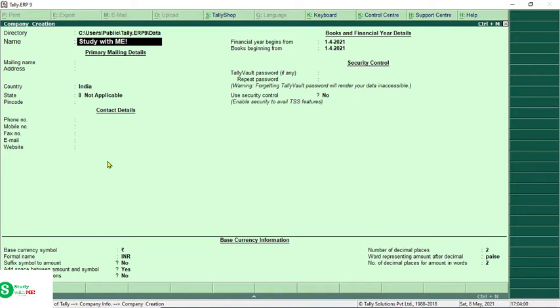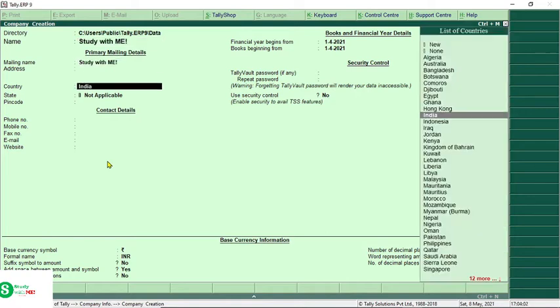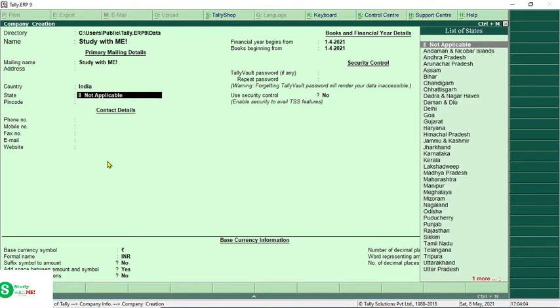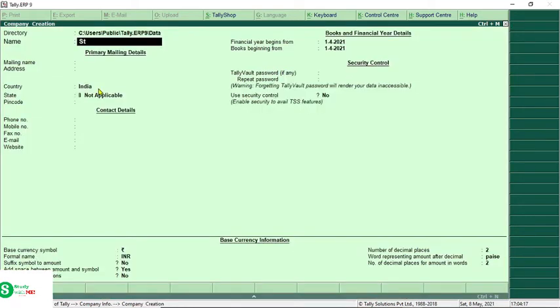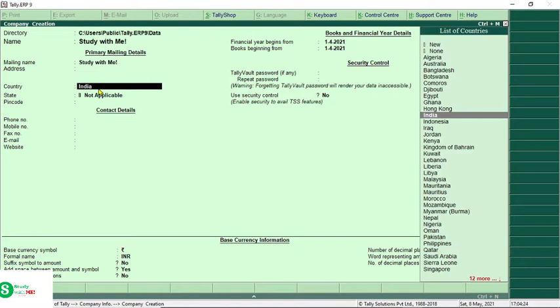The country is India here, as I told you.